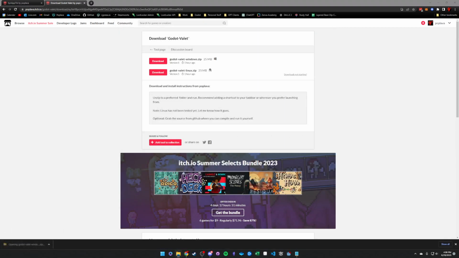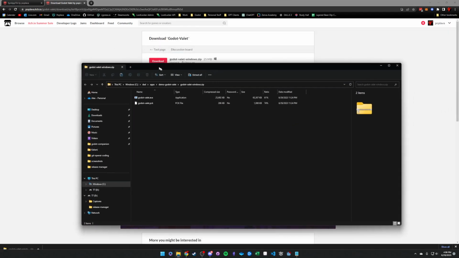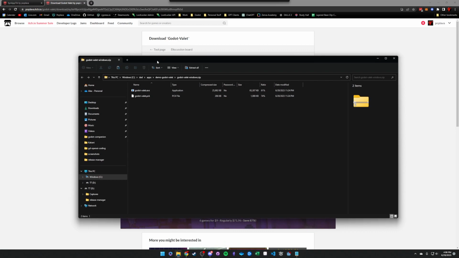Oh, and before we get too far, there are two important things that you need to know in advance of using godot-valet for the most part. One is you need to have an itch.io dev account. That should all be set up and configured, and ideally you should already have a project uploaded using Butler. So that's the second thing. You should already know how to use Butler, which is, once you get it installed and configured, basically one single command line to get your projects uploaded,